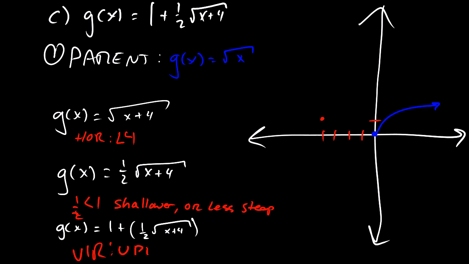We've gone up 1, and we know it's going to be shallower or less steep. So here we go. Left 4, up 1. Less steep kind of looks more flat. And that's what it is. So our g of x is equal to this. We look at our parent graph, we draw our parent graph, and we draw our shifts. Good. That one's done. Let's move on to